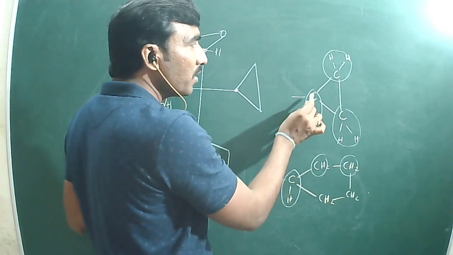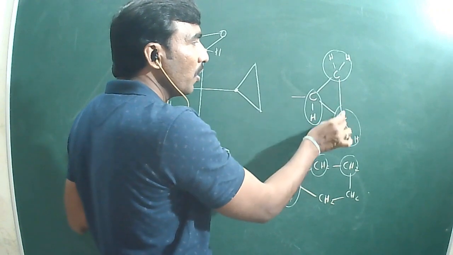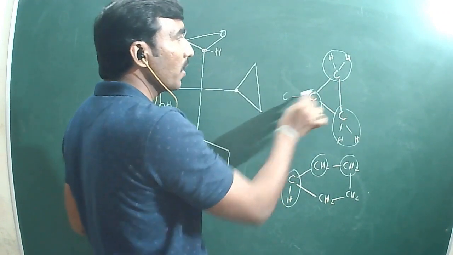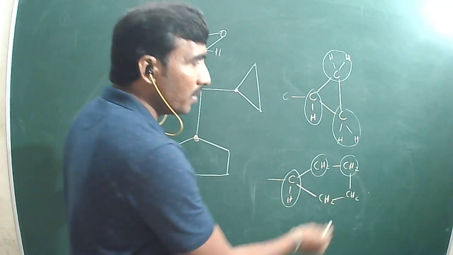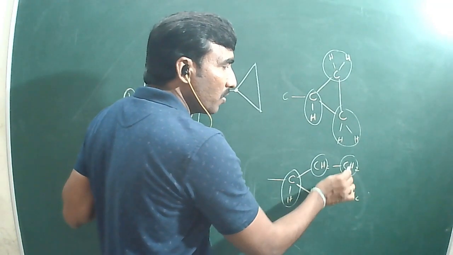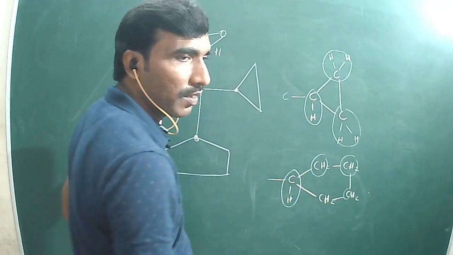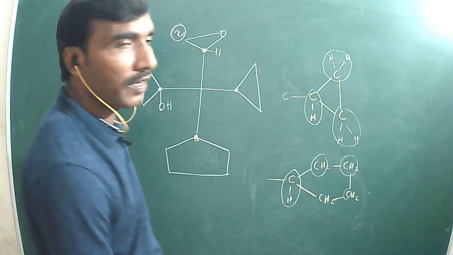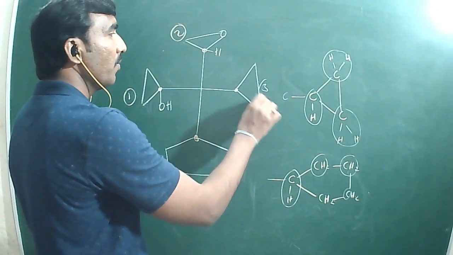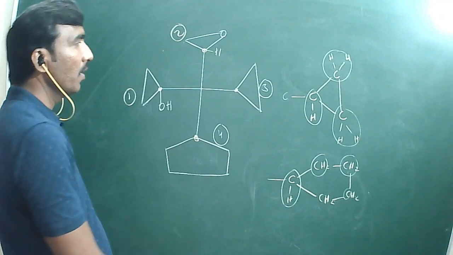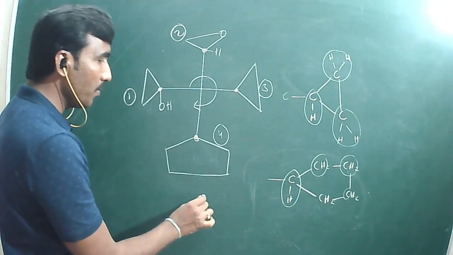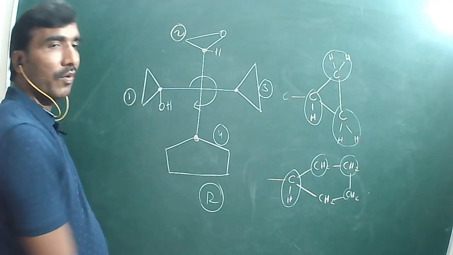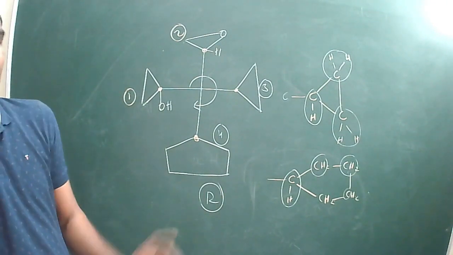CH means this carbon is still attached with 1, 2, here also carbon. 3 carbon atoms are not. But this carbon is directly attached with 2 carbon atoms, 2 hydrogen atoms. So who will get more priority? The 3-member ring and 4. So 1, 2, 2, 2, 2, 3 clockwise, and the least priority group is on the vertical line, R. Understood? Any confusion here?